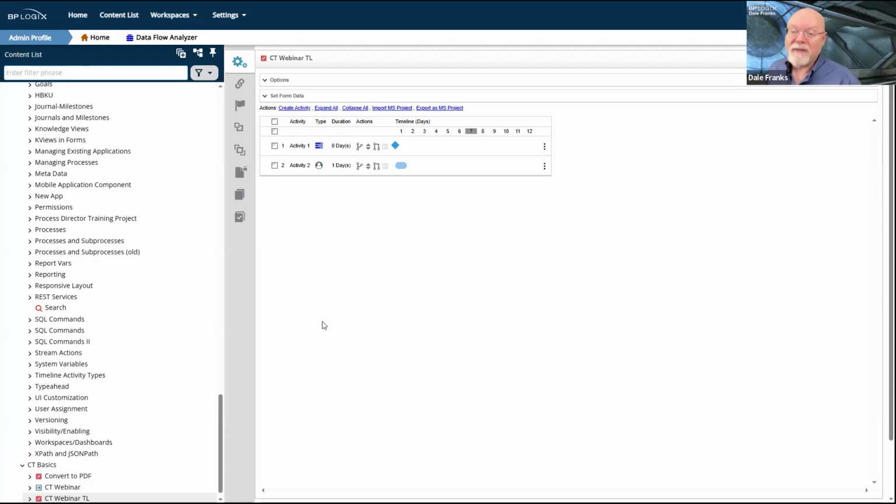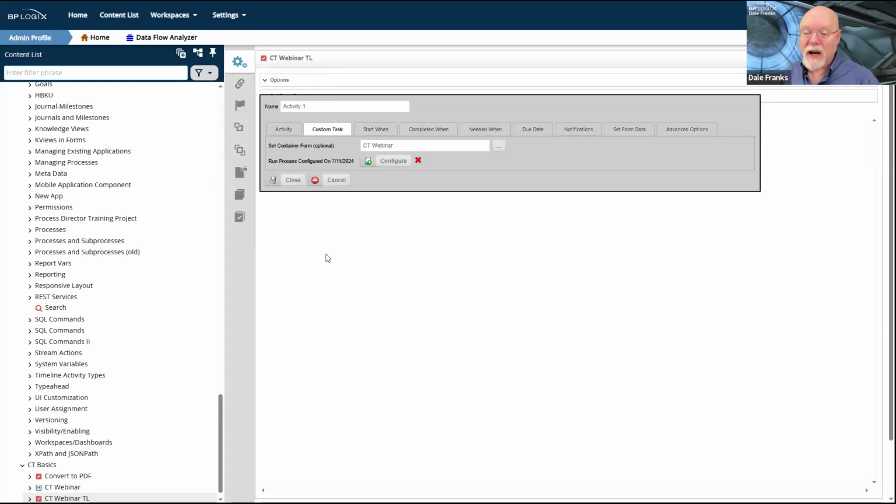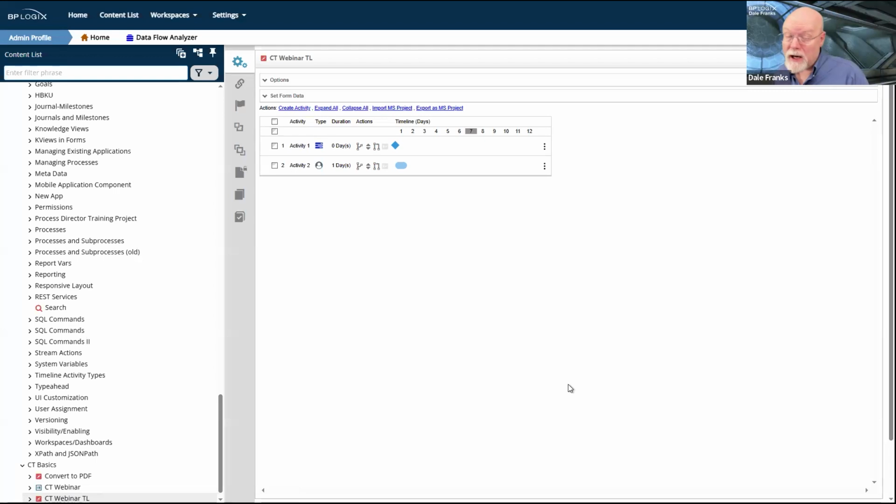So if I get shown this form in activity 2 before the sub-process that I called in an activity run finishes, I'm not going to see any of my document attachments. Well, I might see the attachments that already existed, obviously, but I'm not going to see the PDF conversion that I'm working on to convert this 30 or 40 megabytes worth of documents and pictures into a single PDF file. I'm not going to see that until it's done.